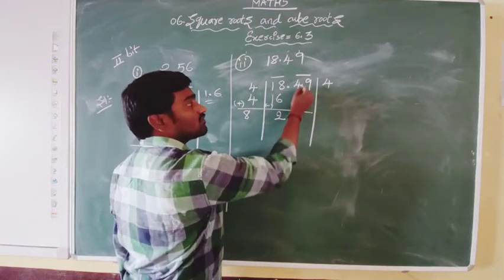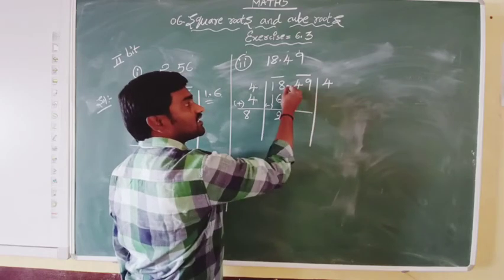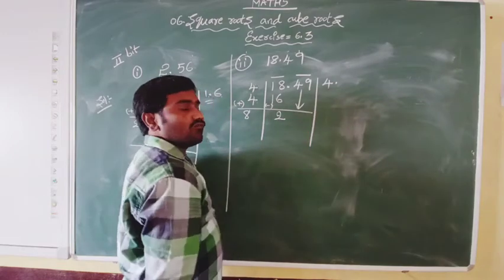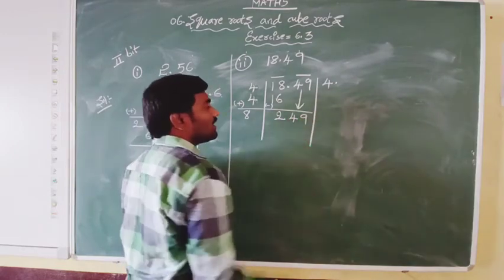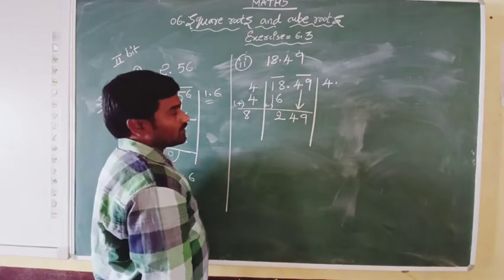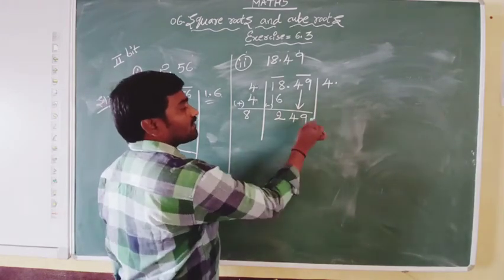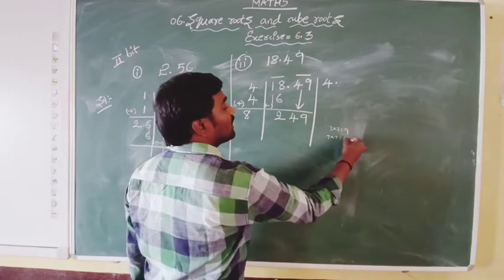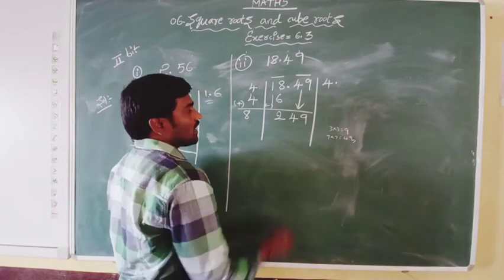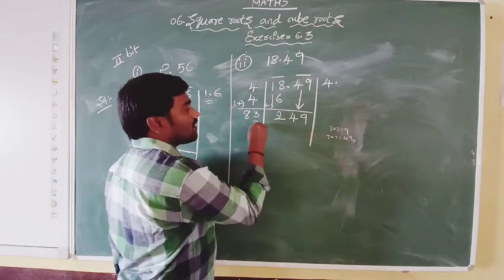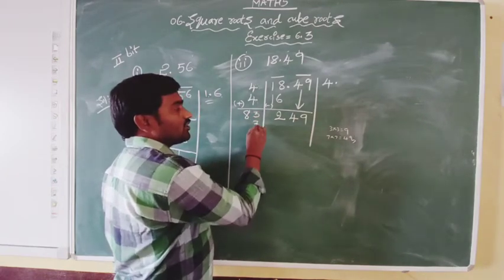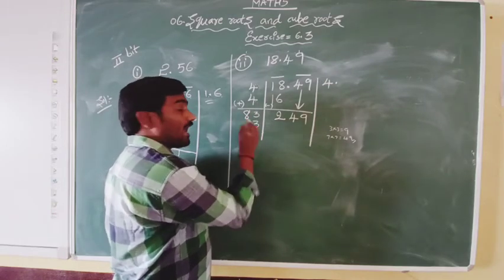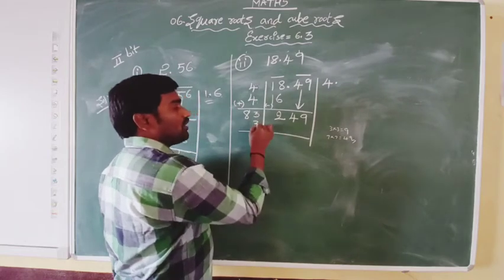So we cannot bring down this 4, 9 down because there is a decimal point here. If you keep the decimal point here, now we can take down these 4 and 9. Now it becomes 249. Yes. Now what will you get? Here 9 we get by multiplying 3 into 3, or 7 into 7 is 49. So there are two chances. Either you use 3 here or you multiply 7 by 7. If you are not getting the answer by using 3 and 3 here, then you replace with 7 and 7. Okay, I know I can use 3 here.